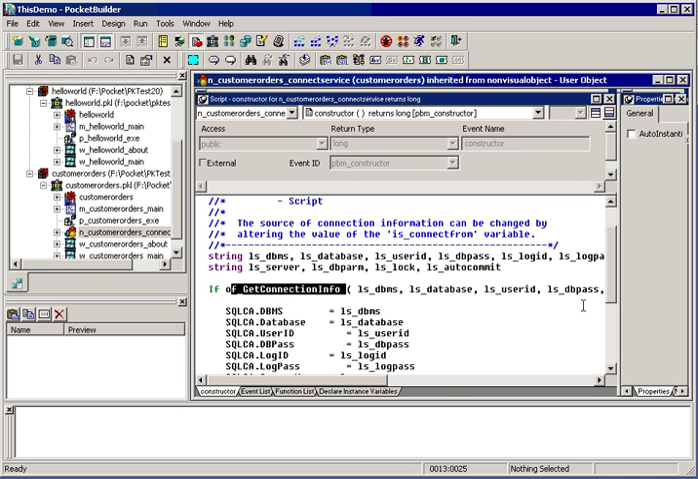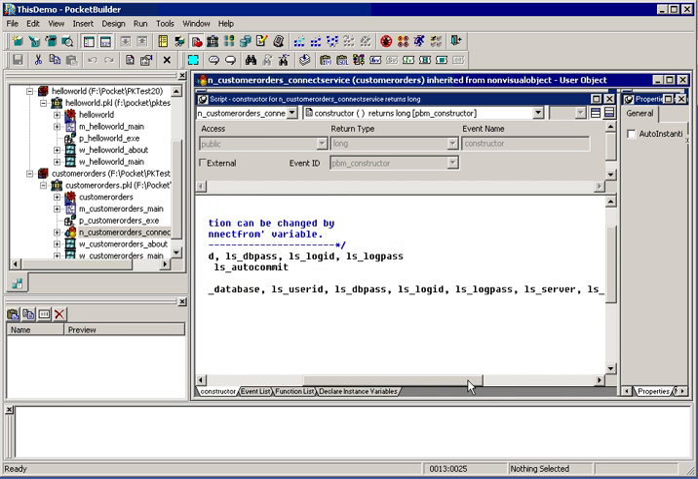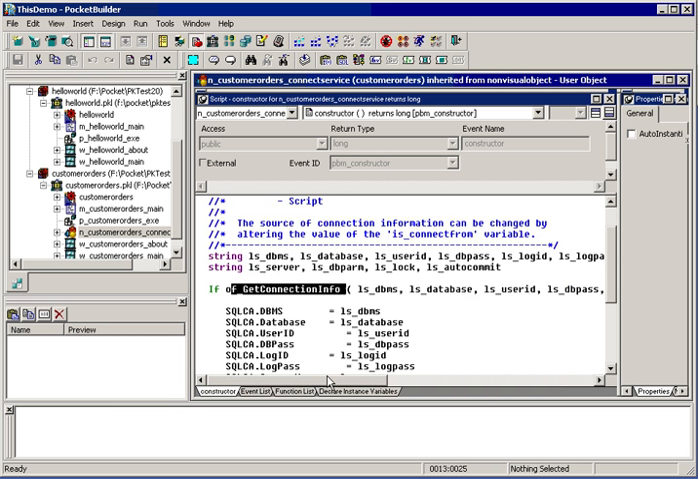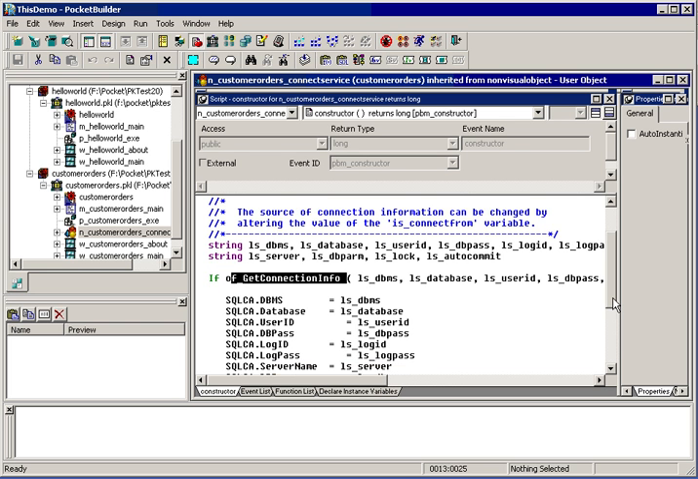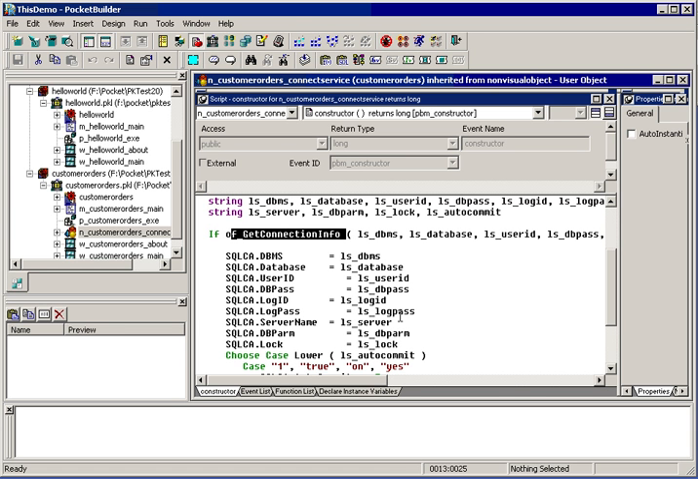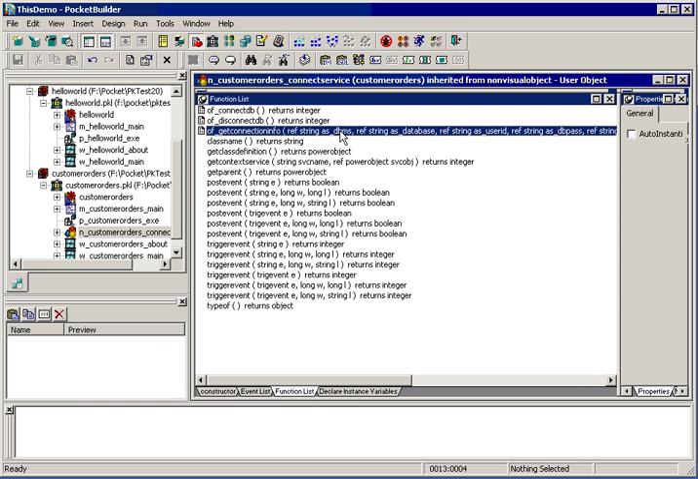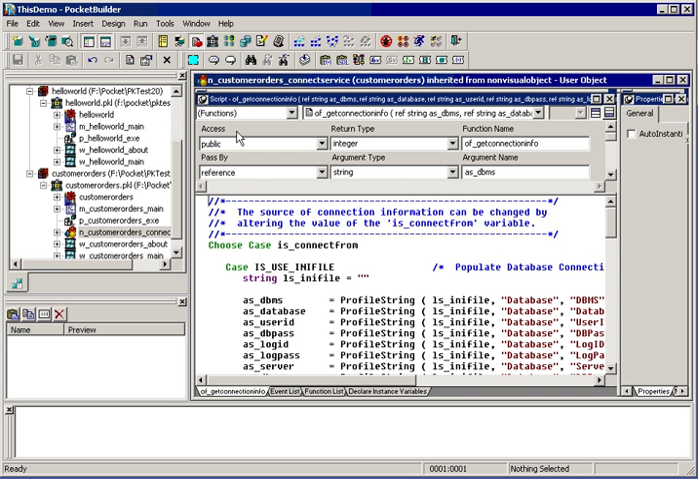The OF get connection info is a function that is very dynamic in that it can retrieve all of the connection information. Username, password, the DSN, the profile information. Let's look inside get connection info. It's OF, so it's a function. Here's OF get connection info. Now see that we're on the connect service n_customer_orders_connect_service. More generated code,